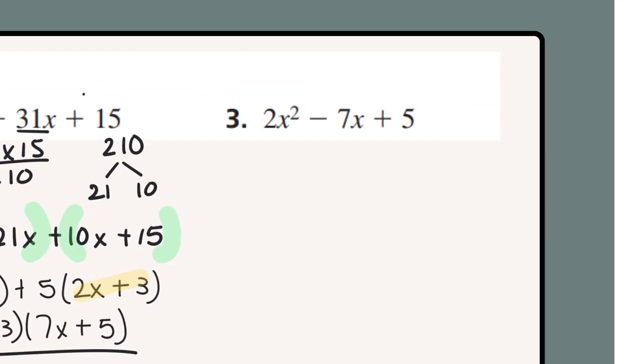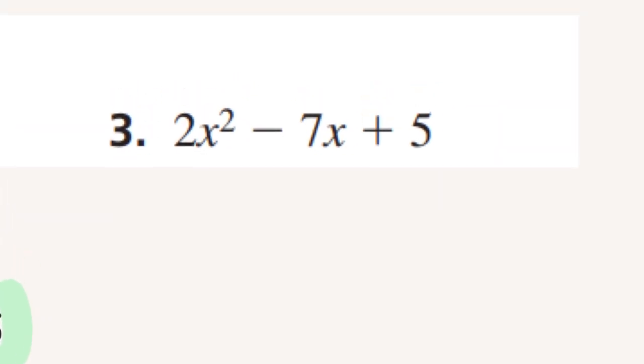In number 3, C is positive, B is negative. That means I'm going to have two different signs. And there's no factoring the 2 because 2 itself is already a prime, right? So straight to A times C, which gives me